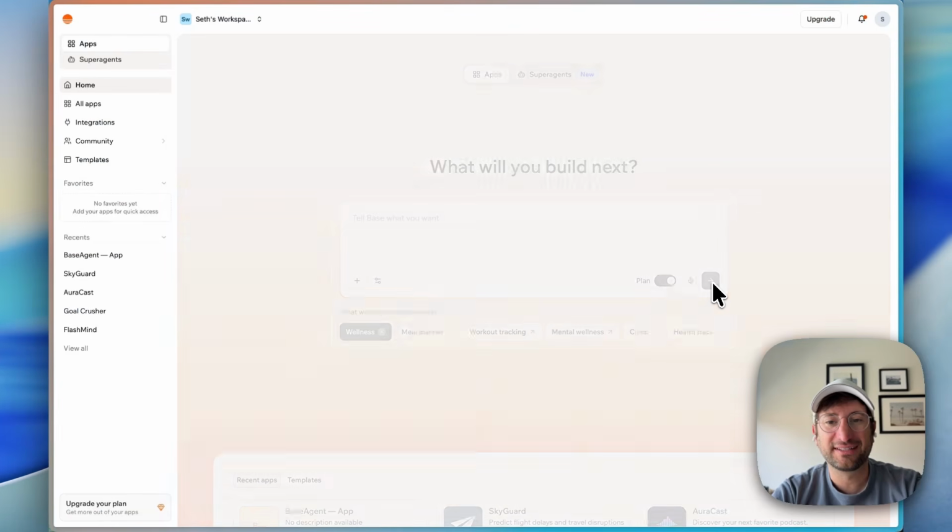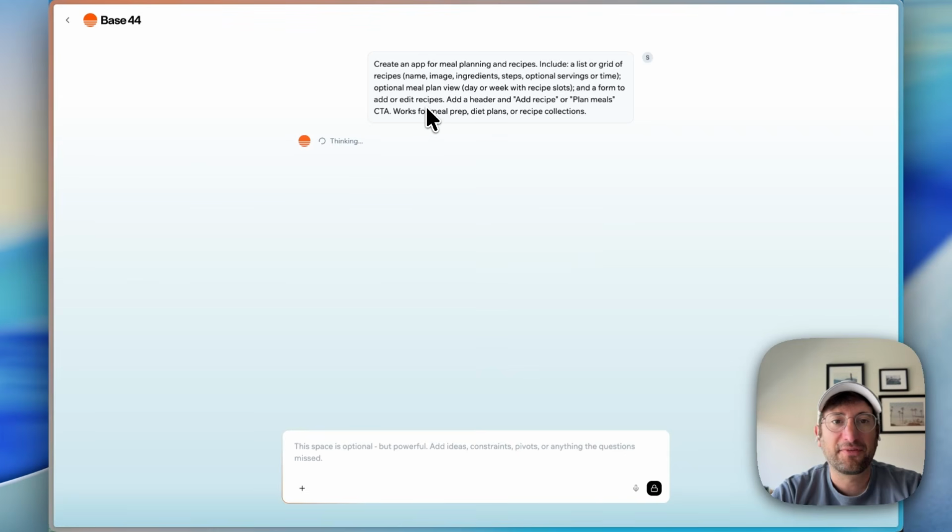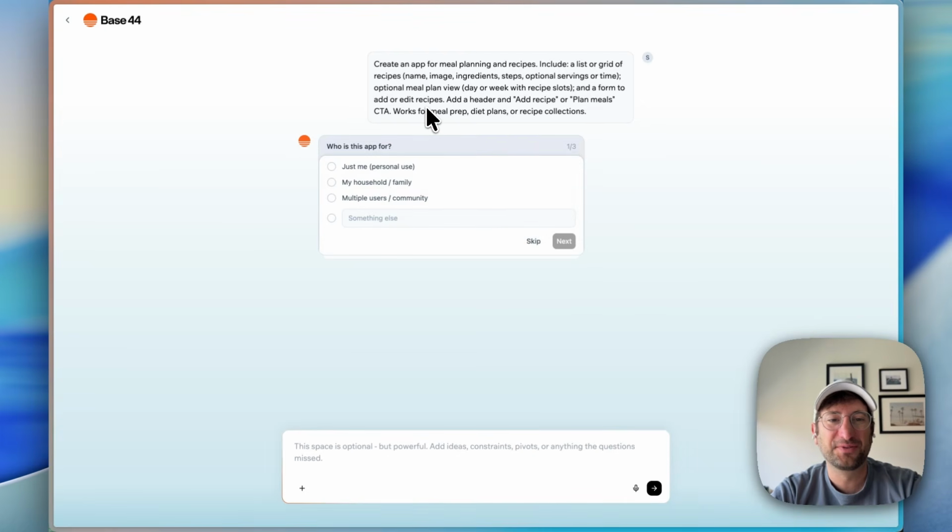So we're going to go ahead and send off this prompt. Create an app for meal planning and recipes. We're going to have a grid of recipes, an optional meal plan view, and a form to add or edit recipes. Now we're entering plan mode here in Base44, which I like using because it allows us to basically get a better first version of the app, because Base44 is going to ask us some questions to basically get exactly